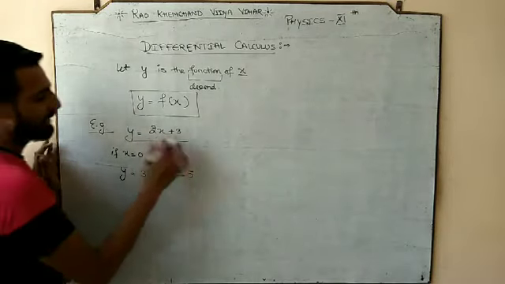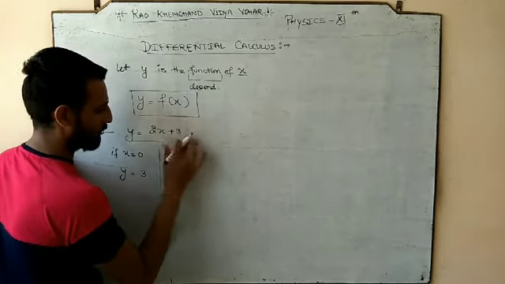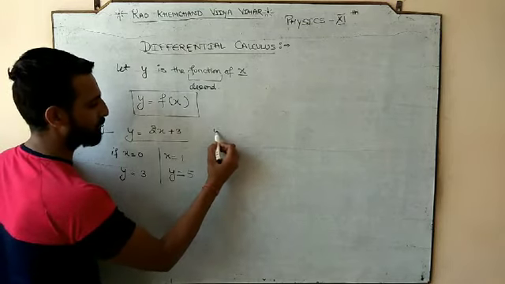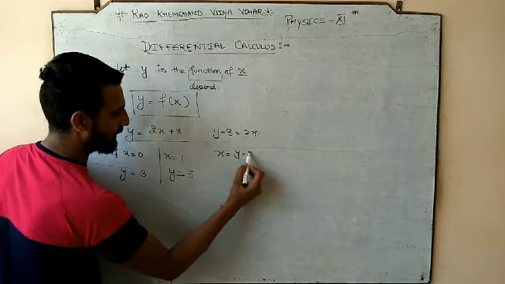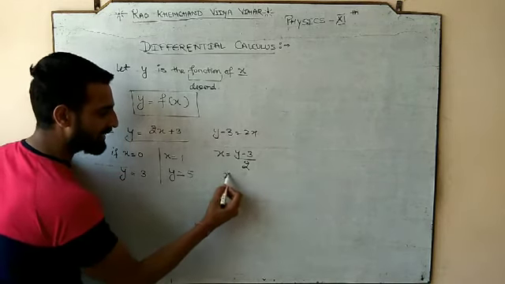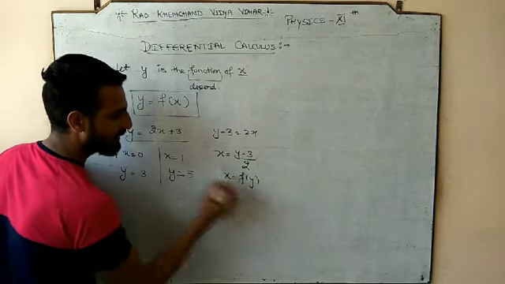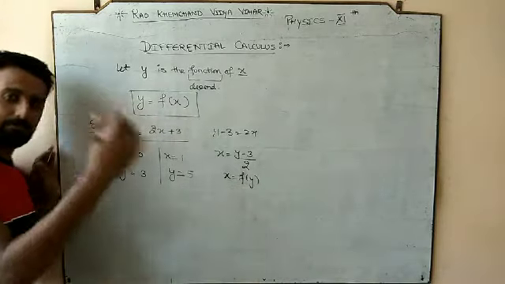हाँ, if you say no sir, I will write in this manner. If I take the 3 on this side, so it would be y minus 3 is equal to 2x, or x is equal to y minus 3 by 2. Now you can say x is a function of y, that the value of x depends upon the y.